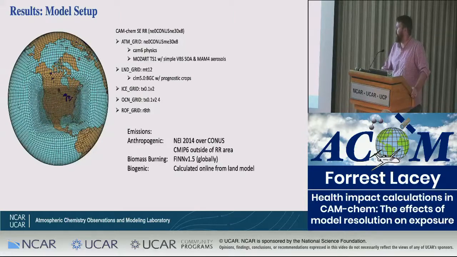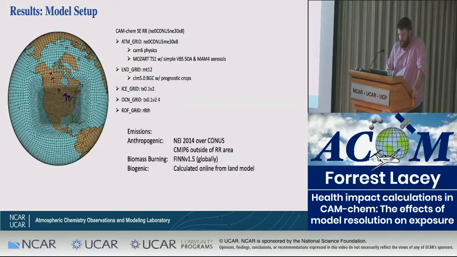One important thing to note that we've just found out last week to be extremely relevant is that we actually have to use a high-resolution land model output with this. Otherwise, there's some impacts from topography that significantly impact precipitation and vertical transport. So that's why the land grid here is the MT12, and that's a 0.1 resolution land grid instead of the standard 100-kilometer land grid.